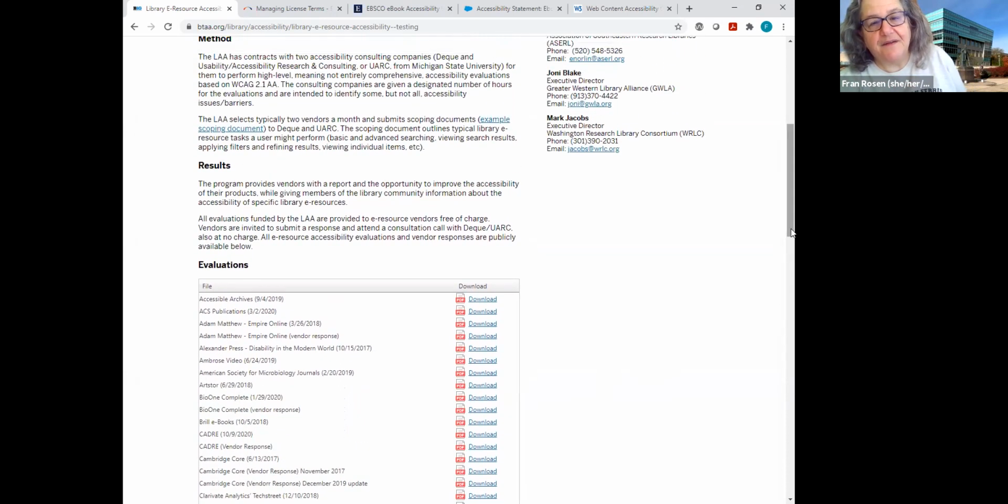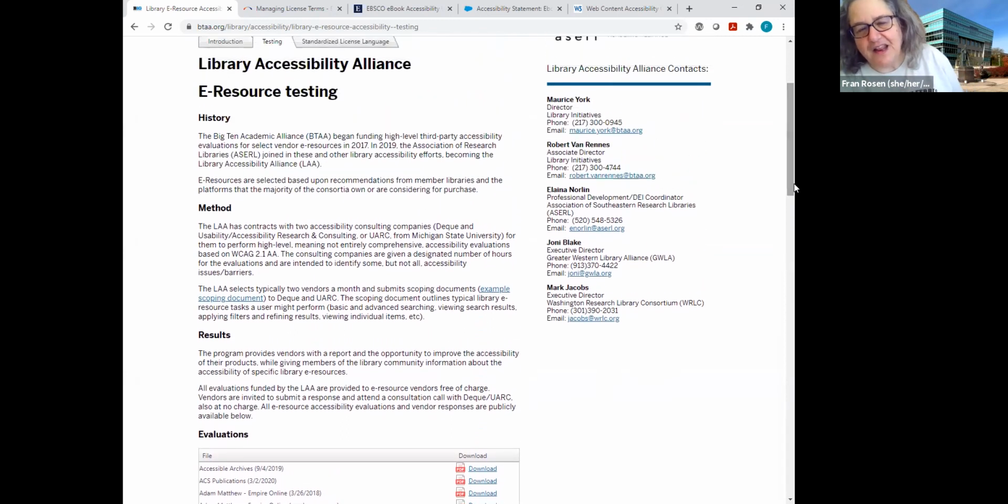And they also have, I'm sorry, just kind of scrolling, but they also have license terms that you can add to a license, and we've talked about that with MCLS to try to make sure that those license terms are in there. Another thing,